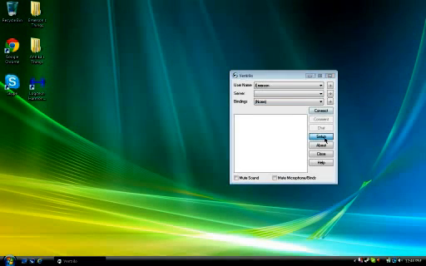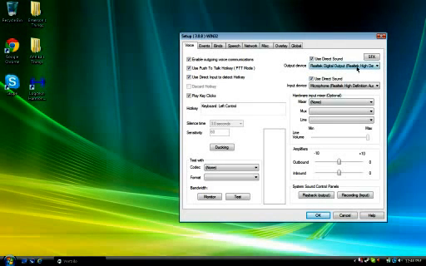First, you have to go on setup when you open Ventrilo. Then, if you bought a mic, you click on this one. And if you just want to talk to people through the mic on your PC that came with your PC, you just click the default one. But I'm not going to click that because I have my own mic.